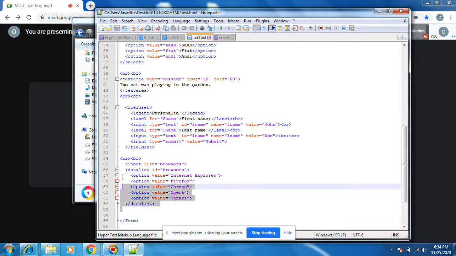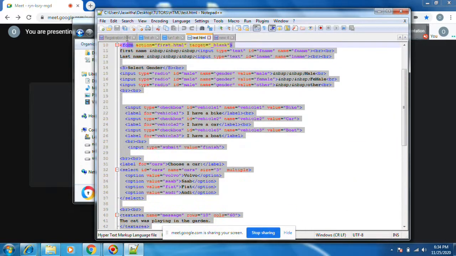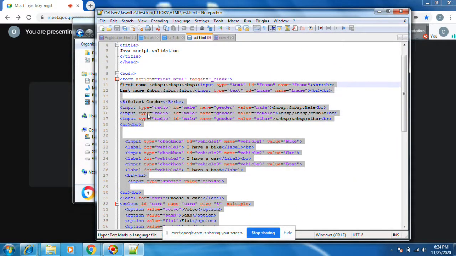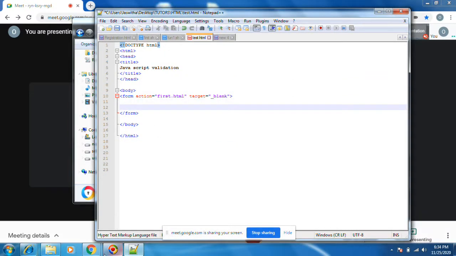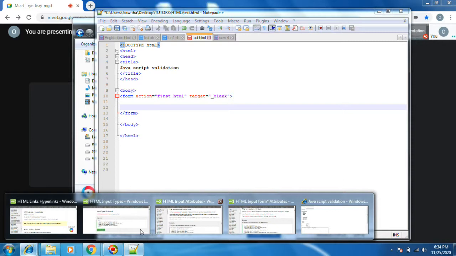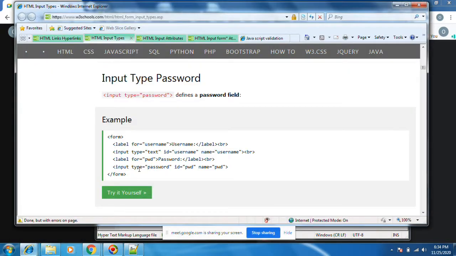Okay, let's clear all form data, and then let's do password.